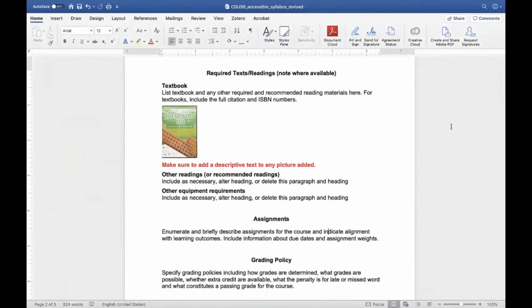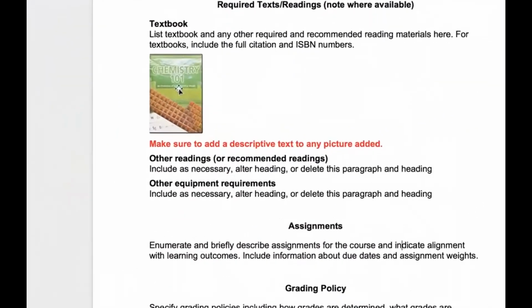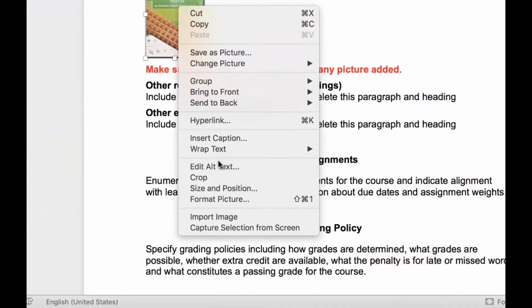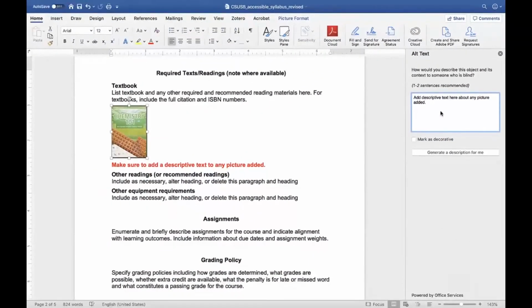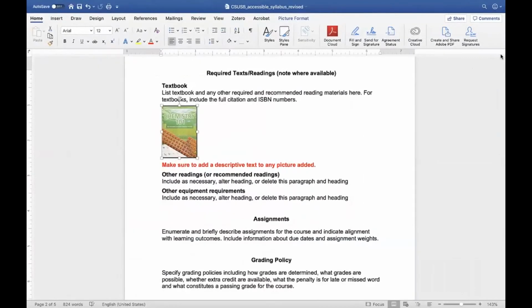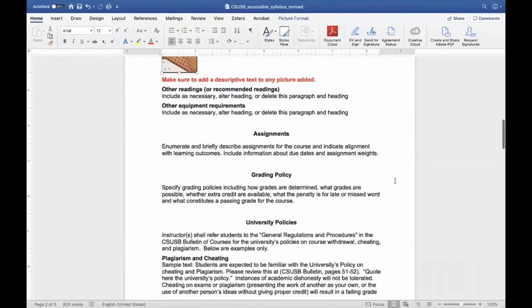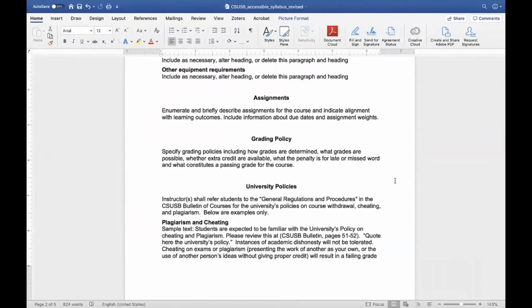Before we move forward with the other requirements, let's make sure we know how to add a descriptive text to a picture. Right-click a picture, edit alternate text, and add 1 or 2 sentences describing the picture, thus making it accessible. The other requirements for a syllabus are assignments and grading policies that you can update as needed,